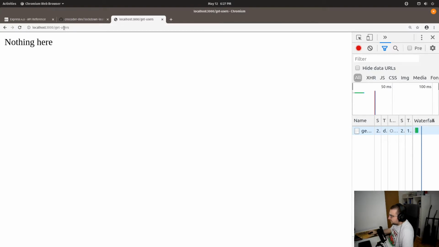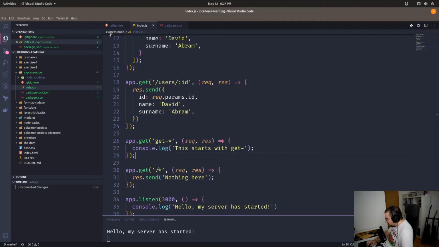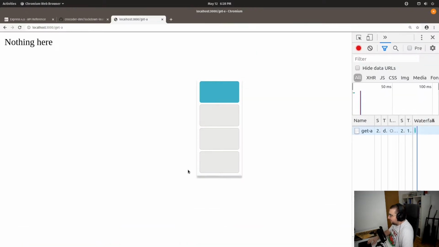Get users. Have I done something wrong here? Oh, I forgot the slash. So there should be a slash at the beginning of every one of our paths. So that's why. Okay,